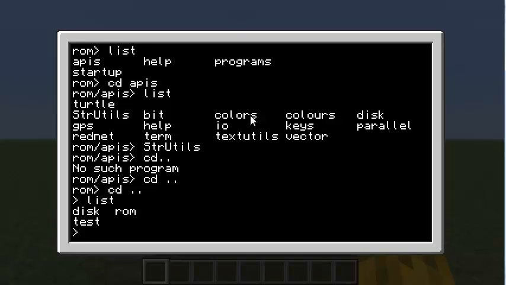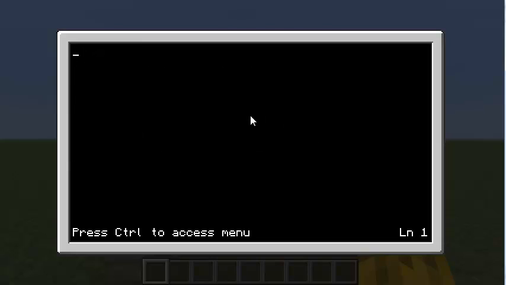Let's do edit test 2. You can call it anything, just create a new program. Because we copied it into the APIs folder, the API is already loaded for us. All we need to do is go to the help file that Thomas1996 wrote for the string